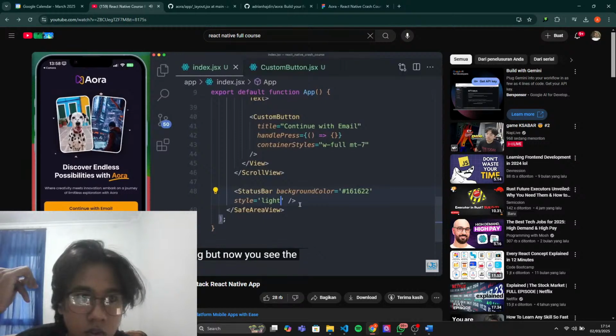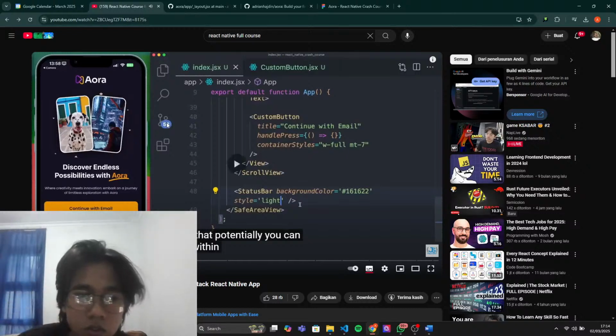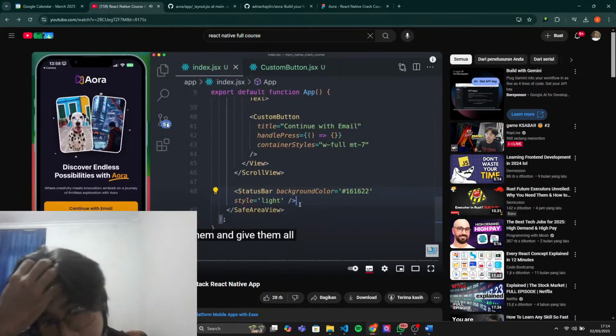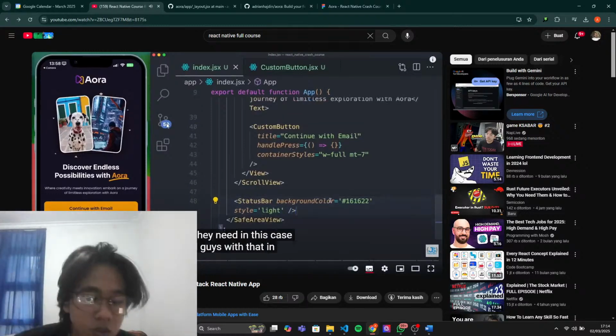But now you see the other side of that and you learn how to implement it so that potentially you can trap your users within the app, or you can be good to them and give them all the information they need. In this case, we'll be the good guys. With that in mind,